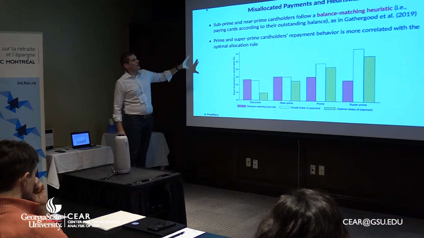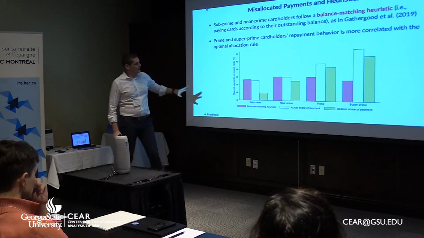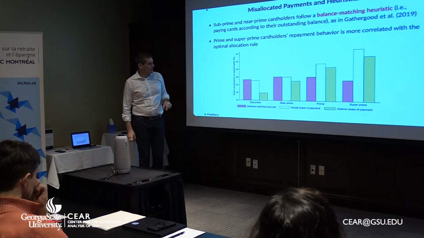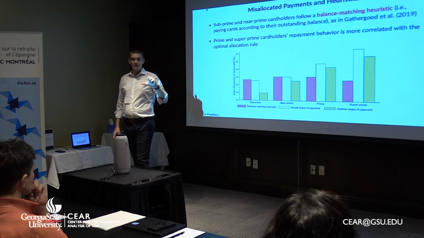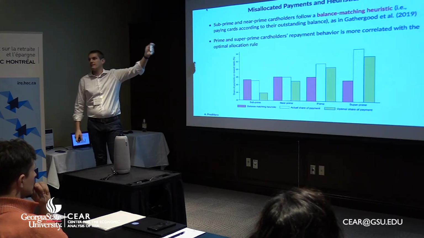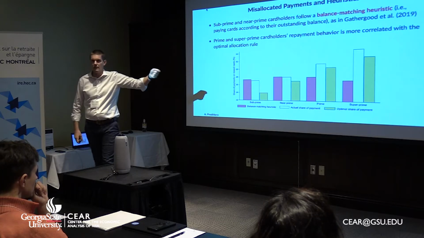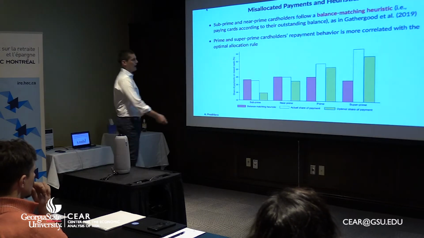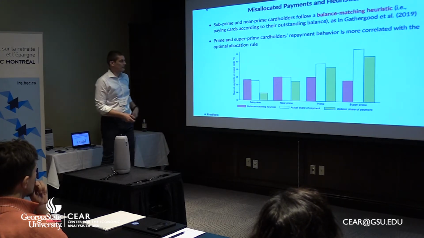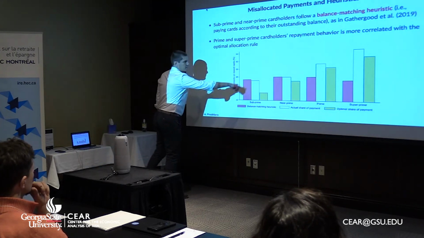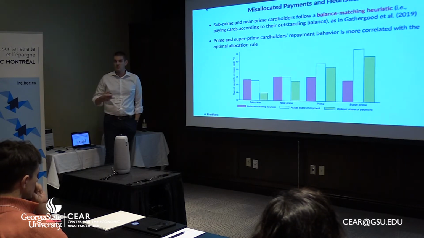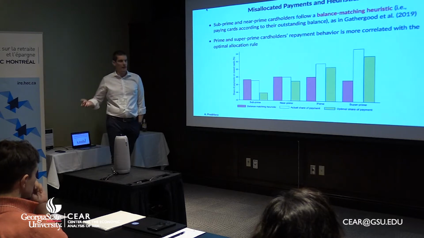Okay. So what we can do here, we simply look at the four FICO buckets. We look at the actual repayment. You can see the optimal repayment that people should do, and this balance matching heuristic, which has been shown to be the most common way of repaying cards. And if you look again at subprime and near prime people, you can see that the actual share of repayment, which is the white column, is very, very similar to the balance matching heuristic, so the financial mistakes that people make repaying the cards.